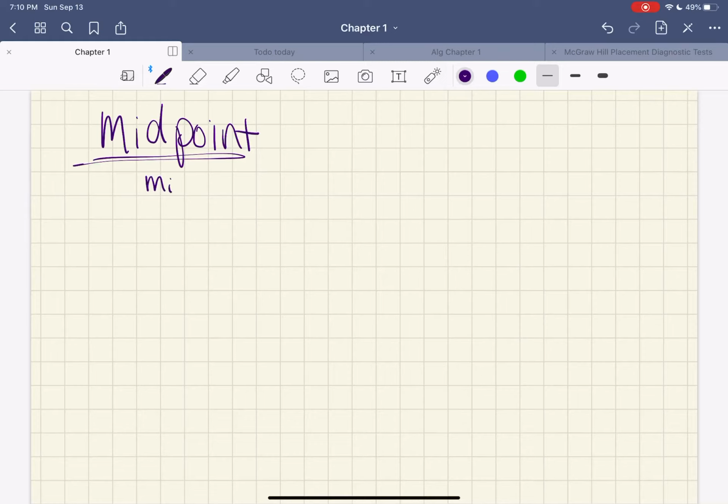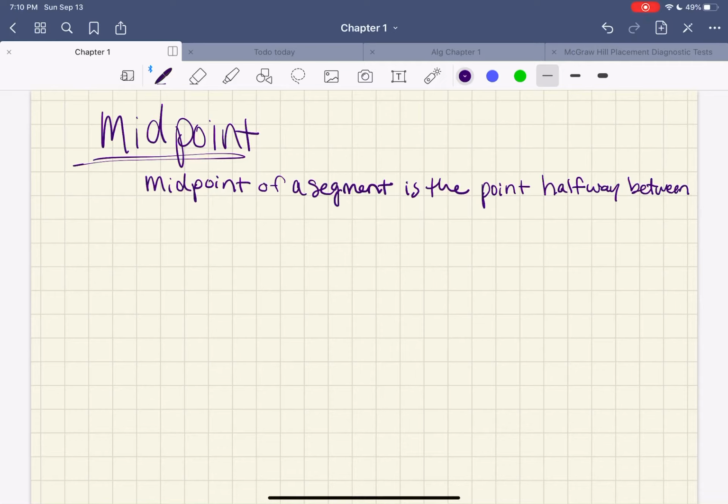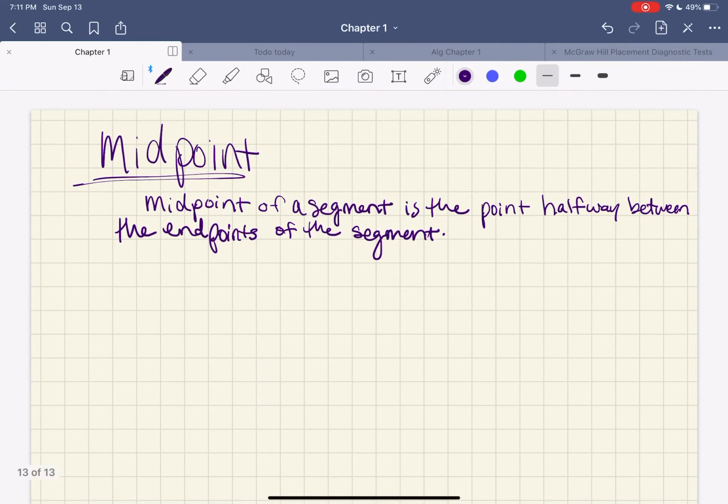So the midpoint of a segment. We have the distance between 2 points, and the midpoint of a segment is the point halfway between the endpoints of the segment. So let's say that we have